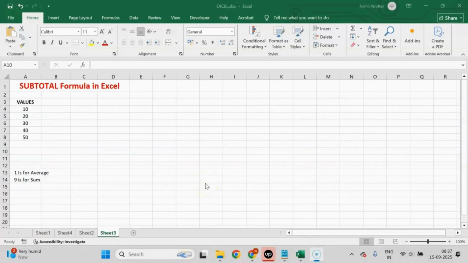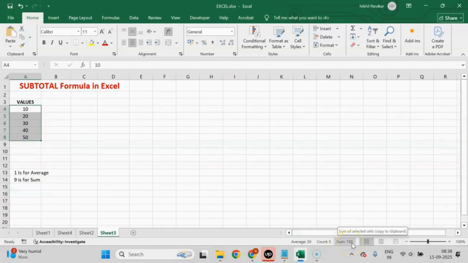Now let's see how to use the SUBTOTAL formula in Excel. Subtotal means it will find out the sum and average only on the filtered numbers. Now I'll show you how this works. Here the values are 10, 20, 30, 40, 50. Now if I select these values, the sum is 150 and the average is 30. Now let's see how to use this formula, equal to